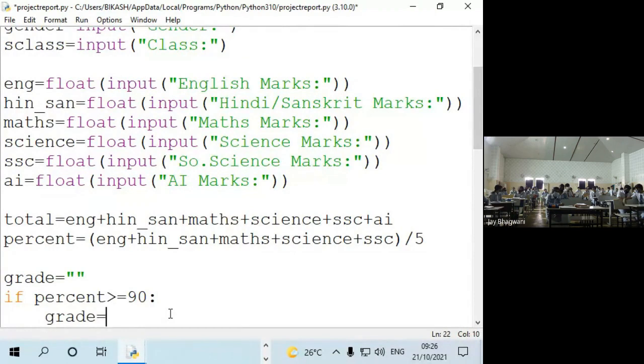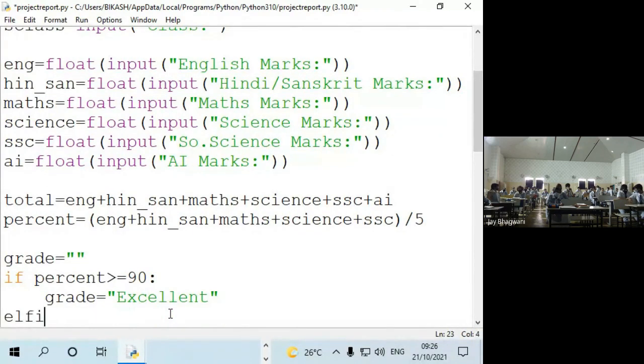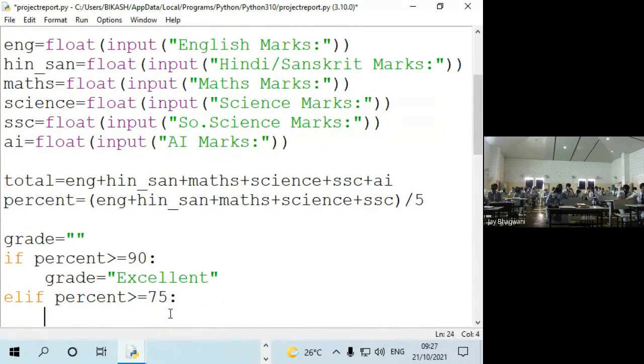Now I will store it in this: excellent. If I want to give the next condition, then I have to use elif. Already I have given you all these examples. So if it is greater than or equal to 75, the grade will be very good.